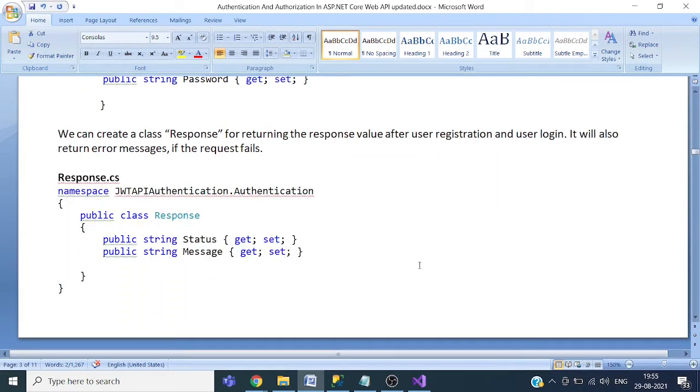And then we have the class Response. It will represent the response of the API.